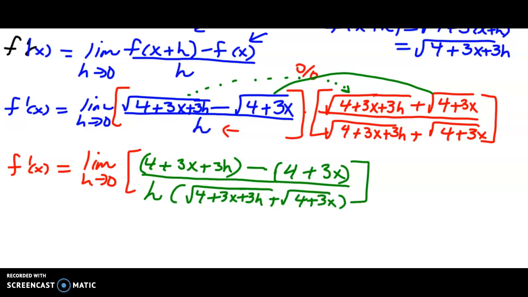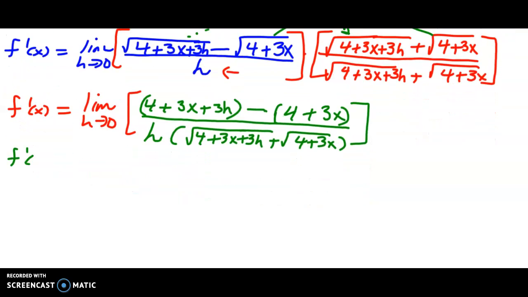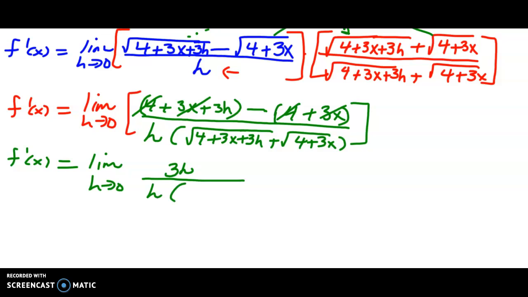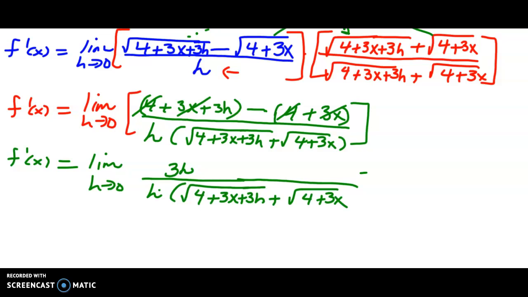Okay, so the goal is for terms to cancel. And I will get 4 subtract 4 will cancel. 3x subtract 3x will cancel, so I'm left with 3h, which is a monomial. And I'm left with an h, a monomial in the denominator, and I'm left with this radical that I'm not going to do anything with at the moment, square root 4 plus 3x. Okay, so h's cancel,